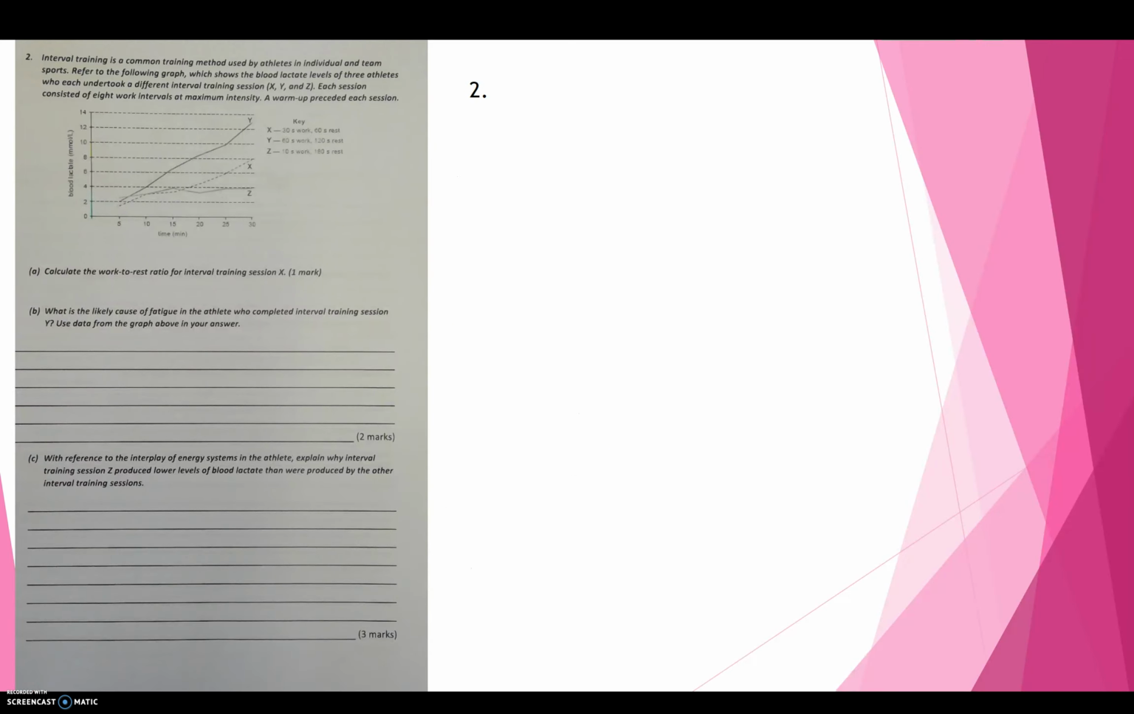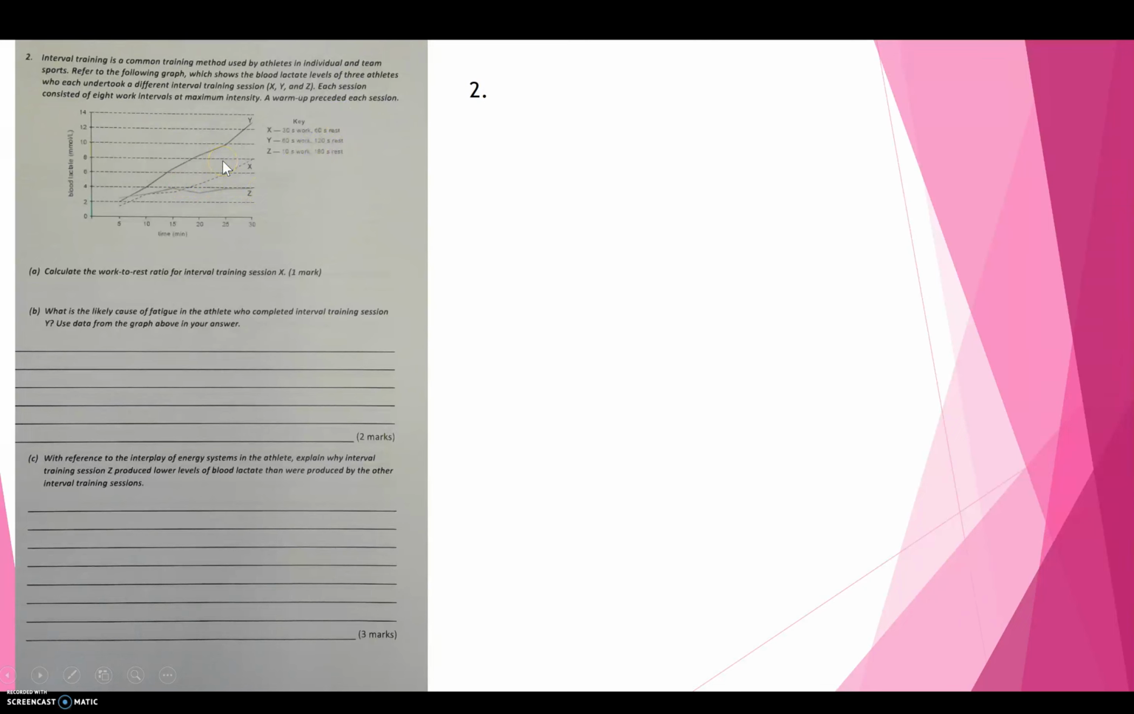Question 2, so interval training is a common method. So this looks at 3 different types of sessions, X, Y, and Z. Each session consisted of 8 workouts. We can see there that Y had a really increased blood lactate, X sort of increased the blood lactate toward the end, and Z had a real consistent, lower blood lactate, and then they had the key there,